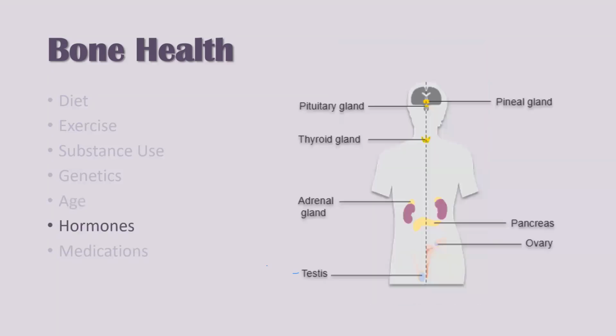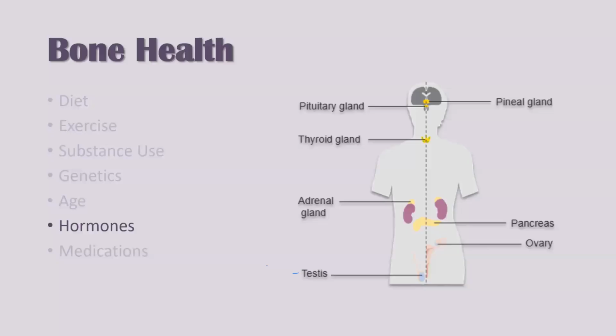And kind of tacking on to that are the hormones, which are created and excreted by the endocrine system. There are many different hormones that are important for overall bone health. There are hormones that control how much calcium is in the blood, such as the parathyroid hormone, calcitriol, and calcitonin. Some hormones are important in bone remodeling, such as estrogen and testosterone. Growth hormones are also important because they help influence bone formation, like the